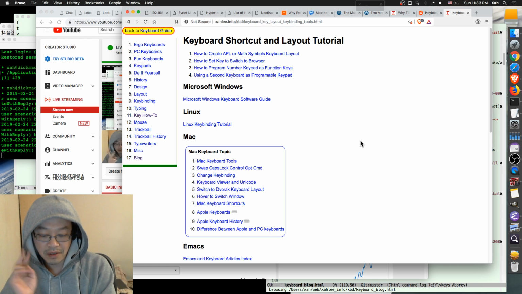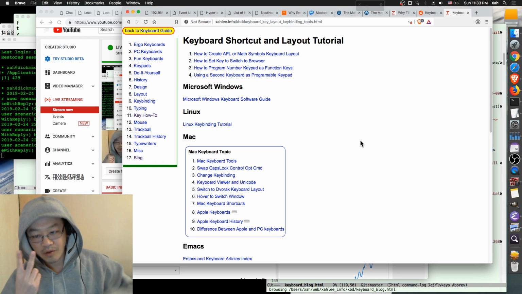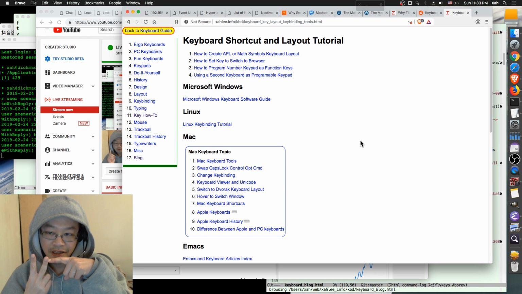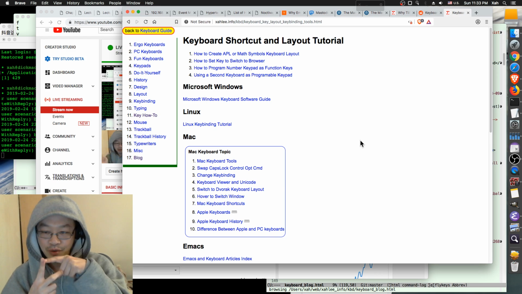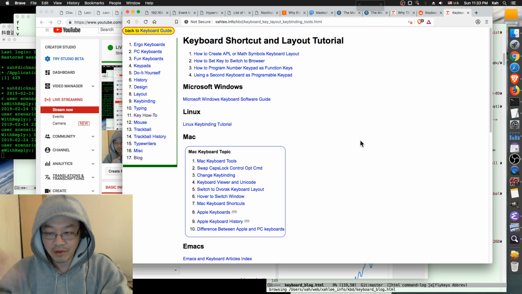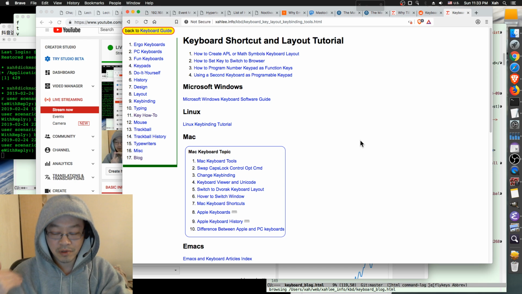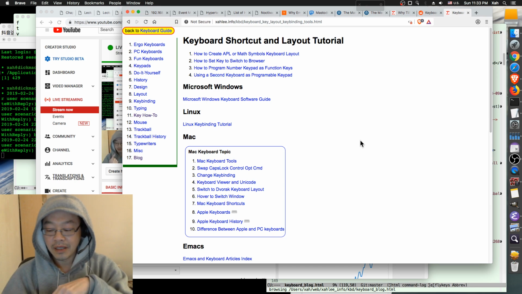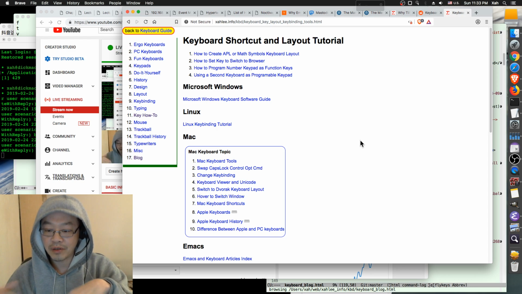Now the answer involves two things. One, get a better keyboard. Two, use an efficient shortcut system. The efficient shortcut system we already covered previously a little bit, about how you assign commands. You want to find out which command you use most often,